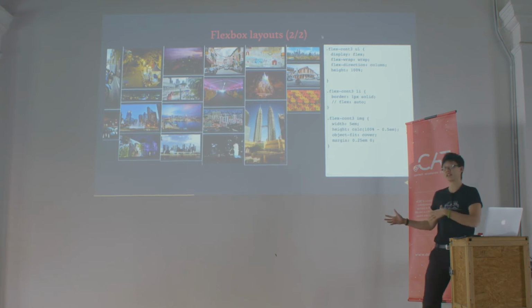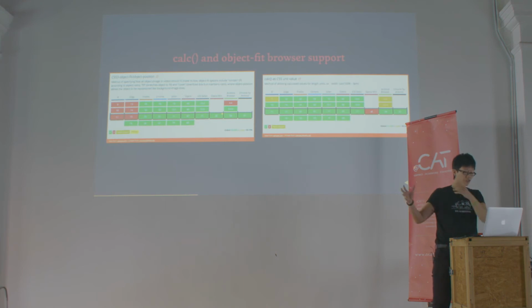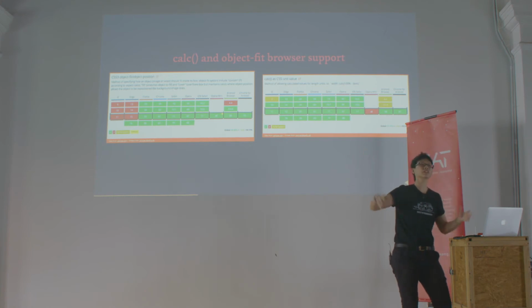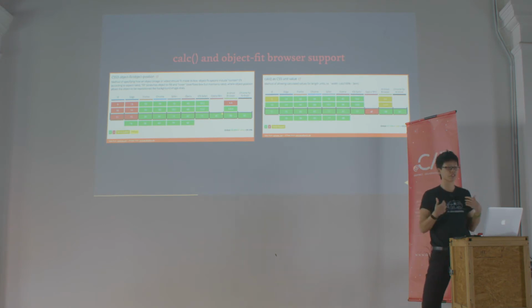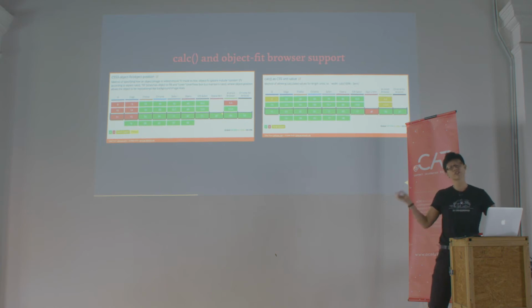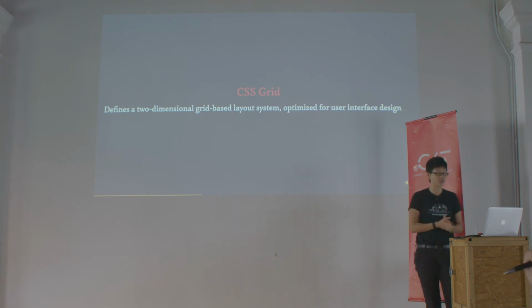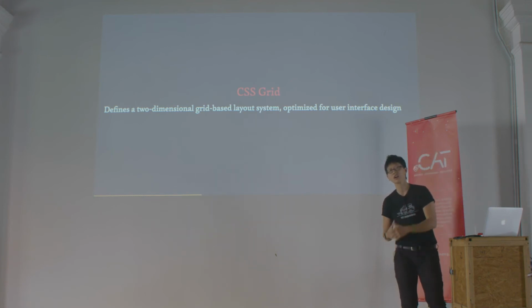The two examples that I showed you earlier are not hacks. These are native options we have when it comes to designing layouts on the web. Support for calc and object-fit, which were two of the properties I used, looks pretty decent. And they will only continue to get better as time goes on, because the evergreen browser model, which updates browsers pretty regularly, I feel is one of the best things to happen to the web. And there's no better proof point for this than CSS Grid. CSS Grid is a feature that was designed specifically for doing layout on the web, and I don't think I'm exaggerating when I say that CSS Grid is going to be revolutionary for web design.